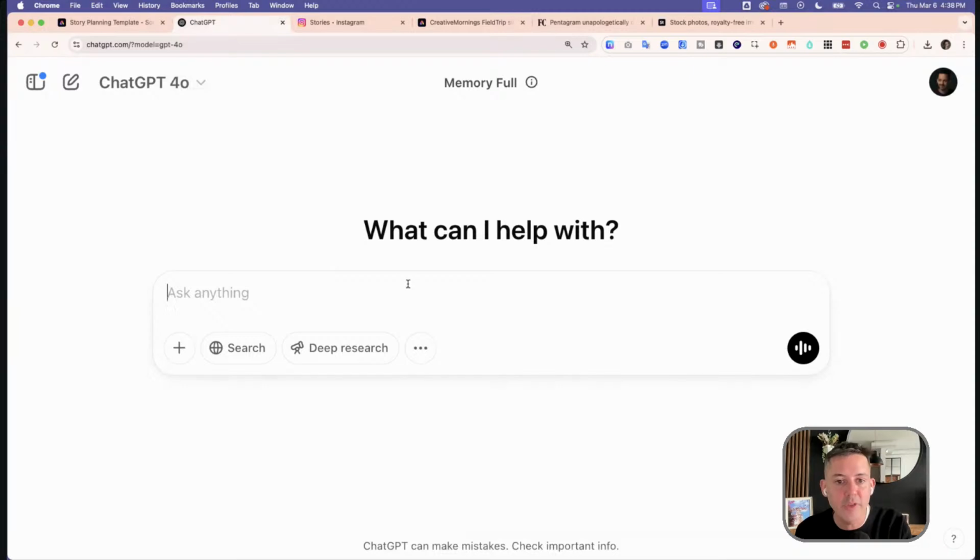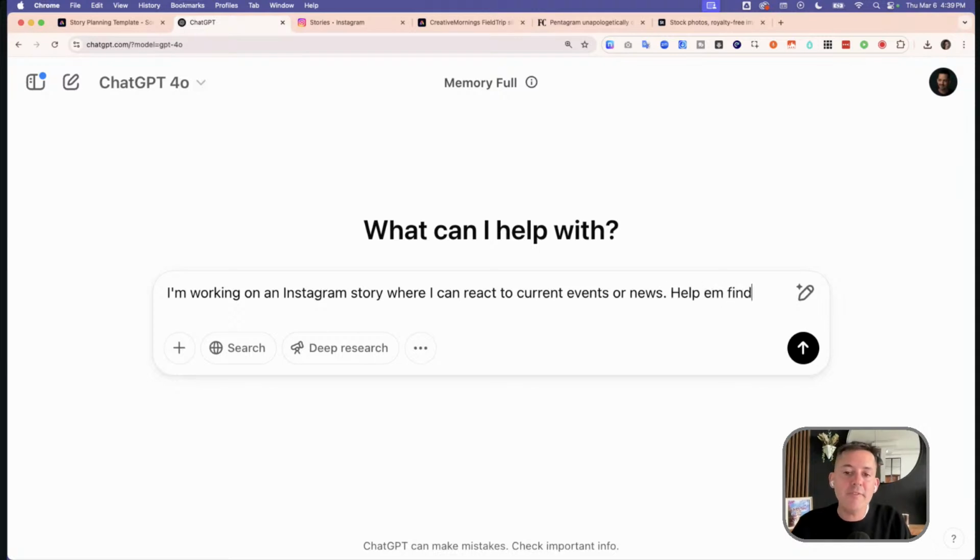Let's do something fun. You'll know that I often work between Adobe Express and ChatGPT. ChatGPT tends to be the most generally available AI text-based tool. So I work from here. I use it for a lot of projects and content. So I'm actually going to ask it a question that I encourage you, if you use the same ChatGPT account, to ask it this prompt. So I'm working on an Instagram story where I can react to current events or news. Help me find